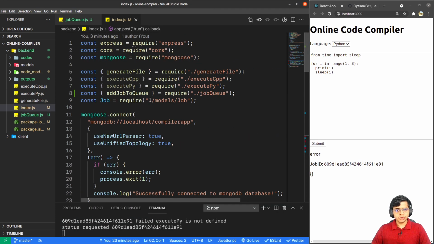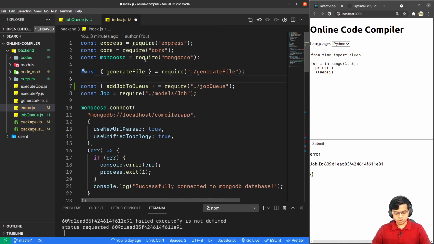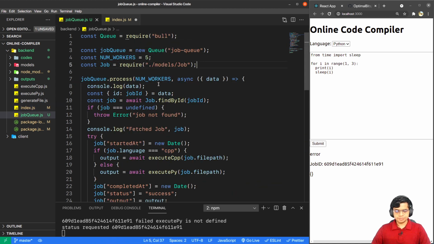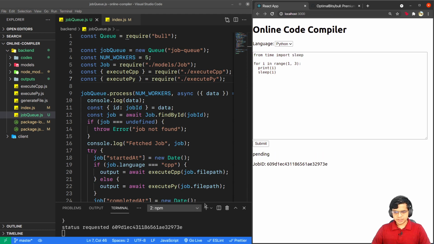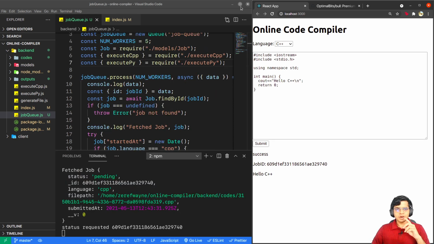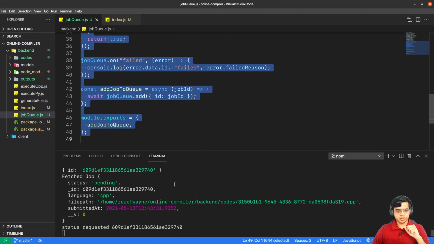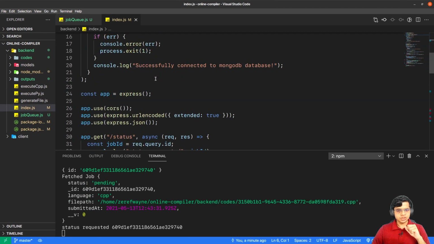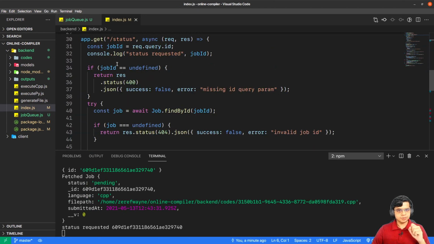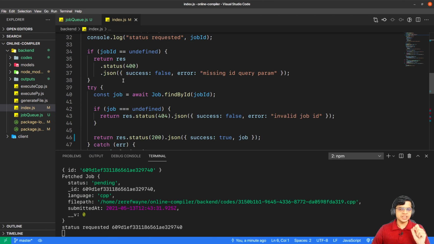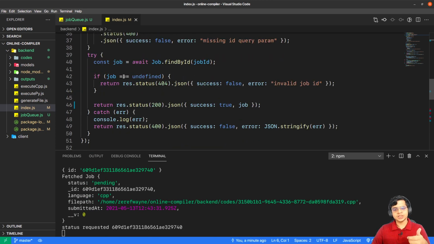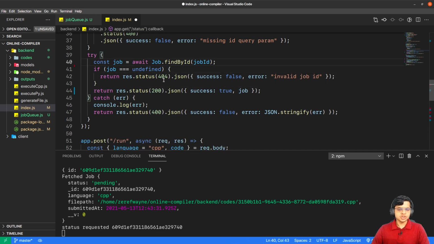I forgot to import these functions as well. So const, to do this again. So I just hit submit. I still see pending. And let's wait for it. I got a success. So this is running fine. Now how we have improved this, I'll just summarize it for you. I have this index.js and Express app's function is app.get, and we were using that to get the job as well as process it. But it is not Express's responsibility to do this. So we gave this responsibility to job queue.